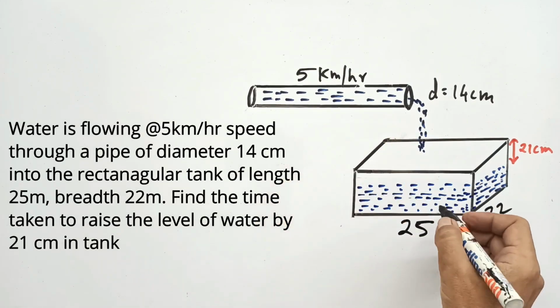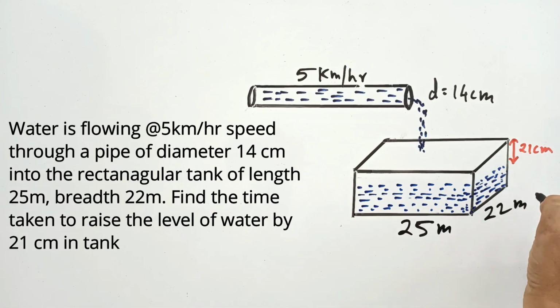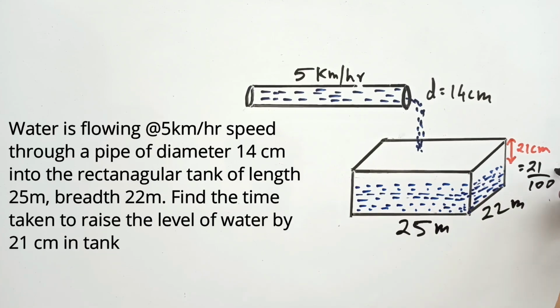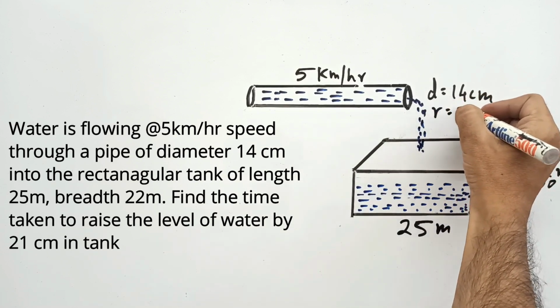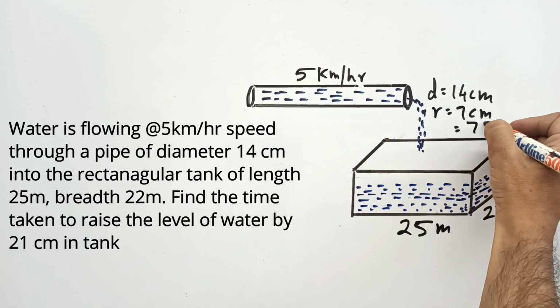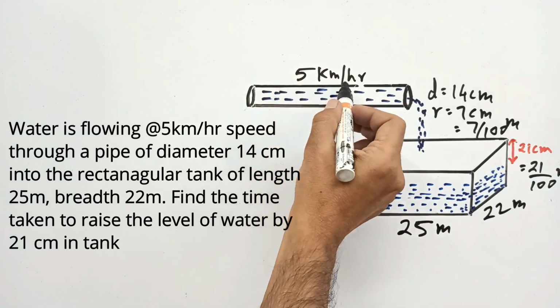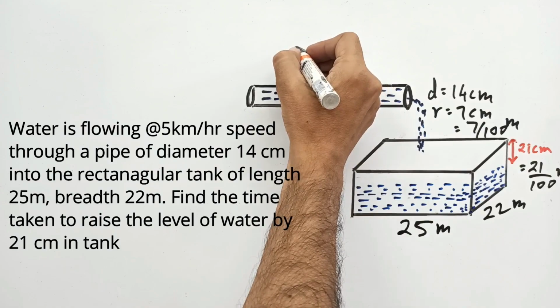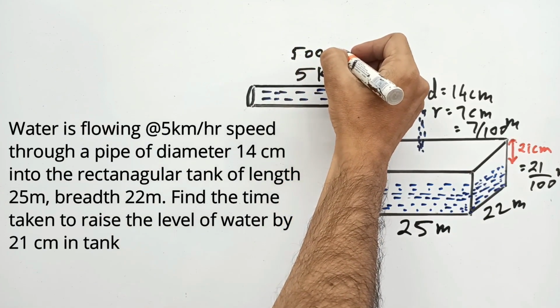So let us convert all in the same unit. These are in meter, this is in centimeter. So this level means 21 by 100 meter, and this diameter is 14, so radius is 7 centimeter. We can write 7 upon 100 meter, and this 5 km per hour, so we can write 5000